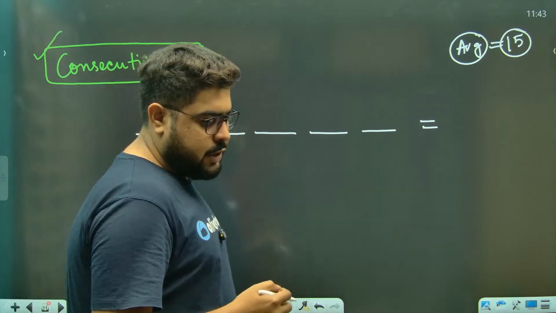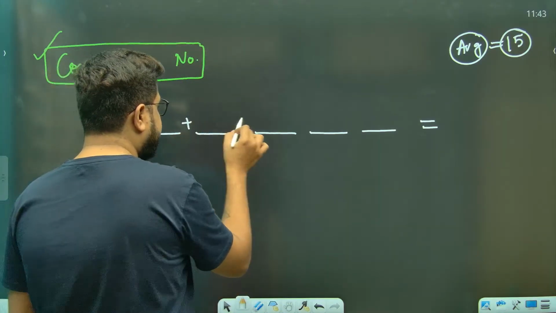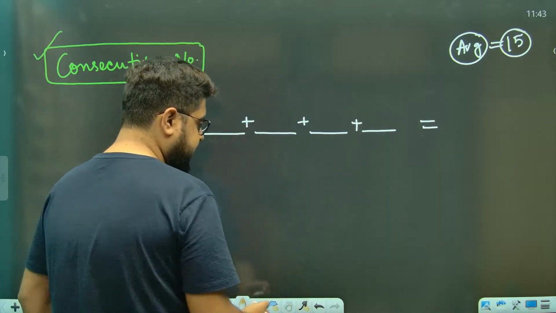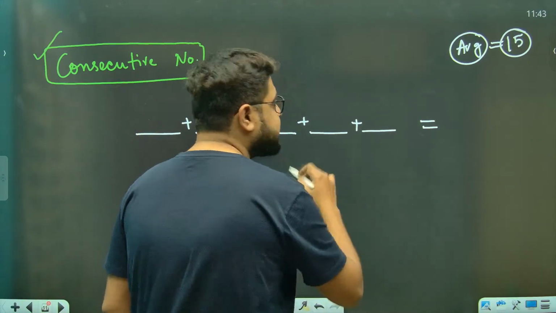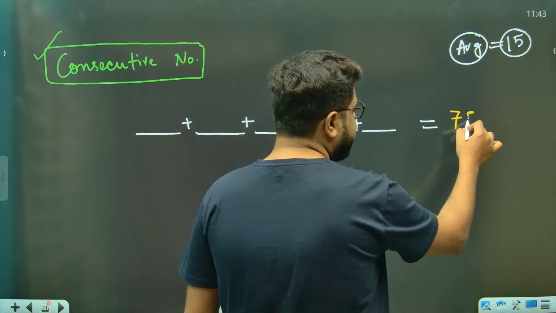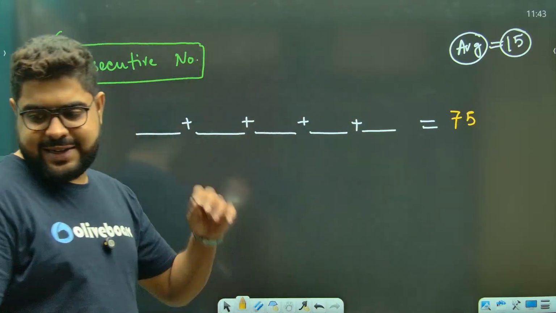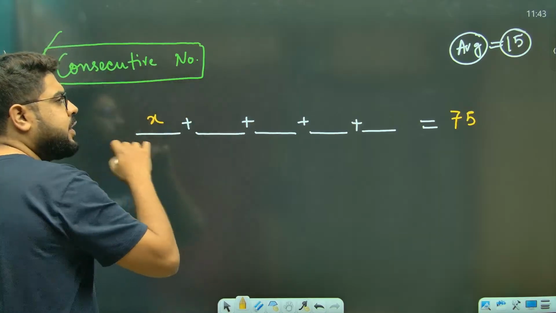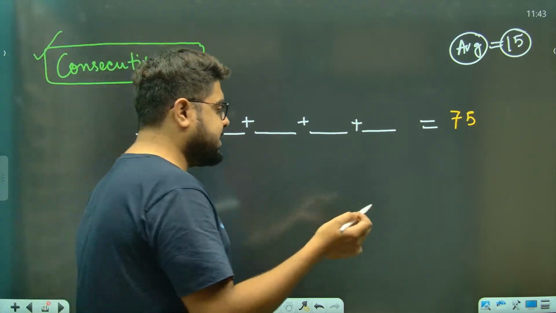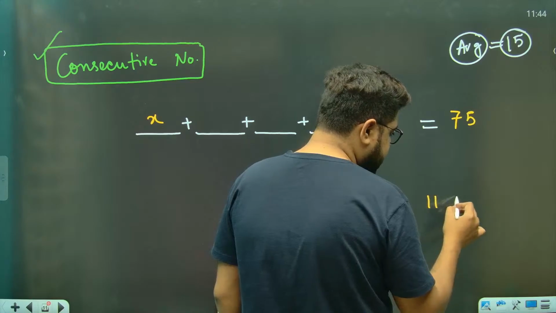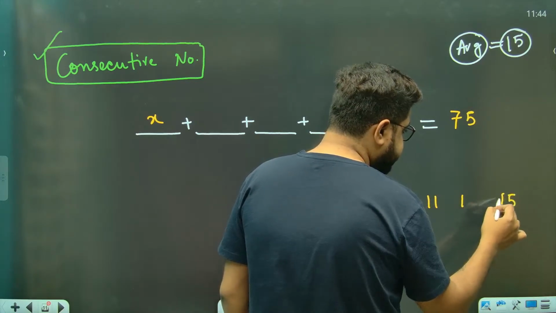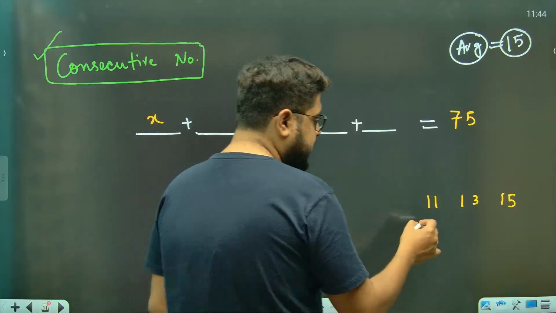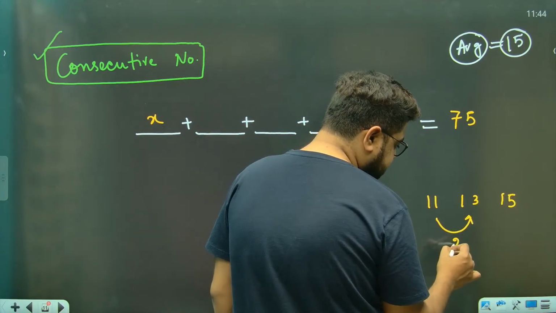Right? Now, please understand. What do most people do, sir? Most people say, "Achha sir, if this is the situation, that means the sum will be 75." 5 into 15, 75. Right? So what we'll do, this is X. Consecutive odd, yeah, consecutive even. You see, consecutive odd means, say I'm writing 11, then 13, then 15, and so on, sir. Now, you see the gap is 2. It is increasing by 2, sir.